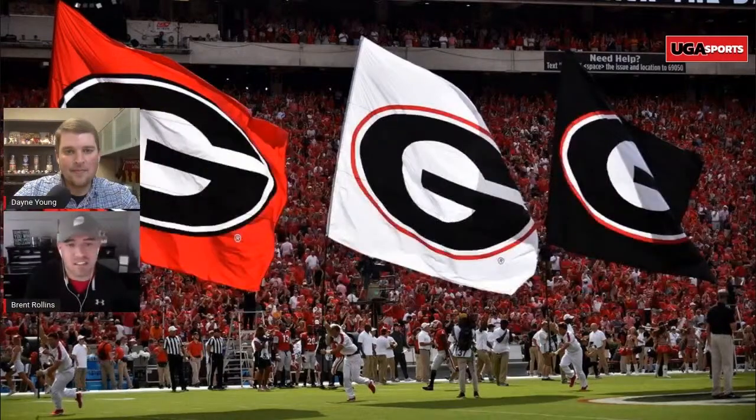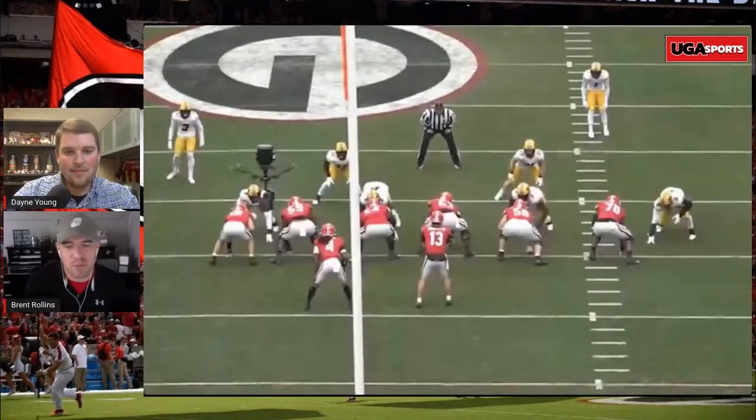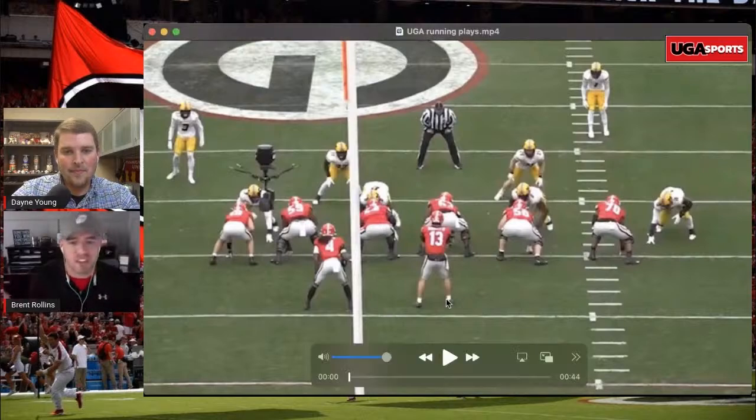When you look at how bad Missouri was as a run defense team overall and how literally Vanderbilt torched them on the ground and Georgia didn't. Thus, what are some of the things there? And then also this past weekend against Tennessee, some clips that we got. I think we got 8 clips we're going to show